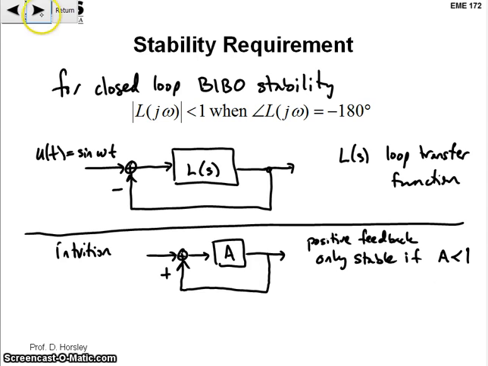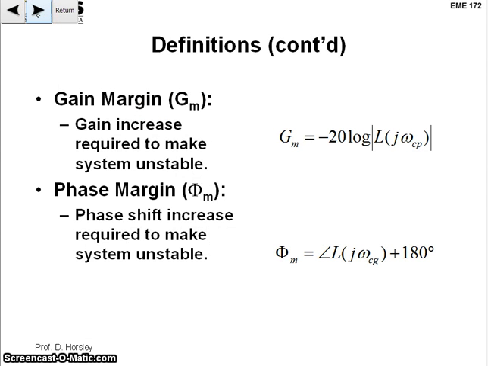Okay, so how do we use this? Well, the first thing is we're going to define a couple of parameters. I actually will define them briefly, and then I'm going to show a picture and explain what they are. These are two margins. One is called the gain margin. It's the gain increase required to make the system unstable. The phase margin is the phase shift increase required to make the system unstable. And these are like